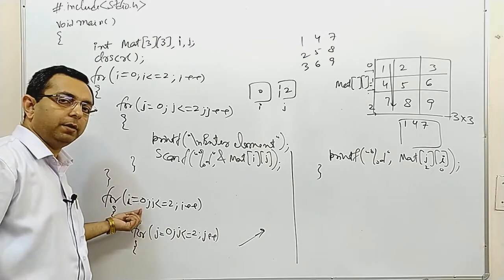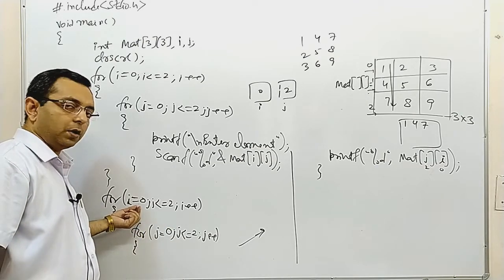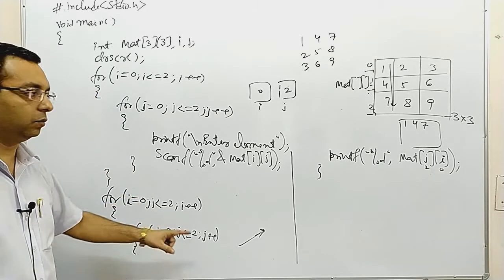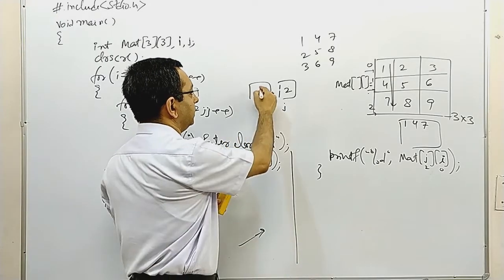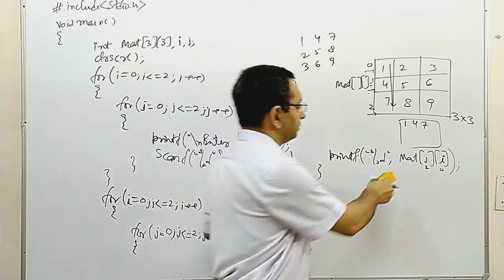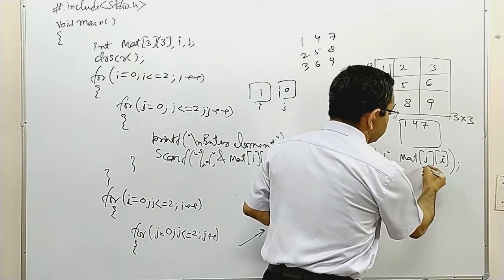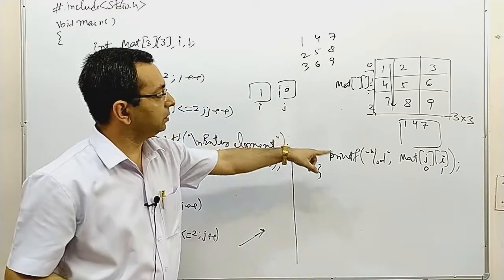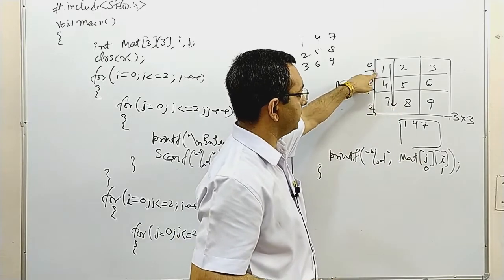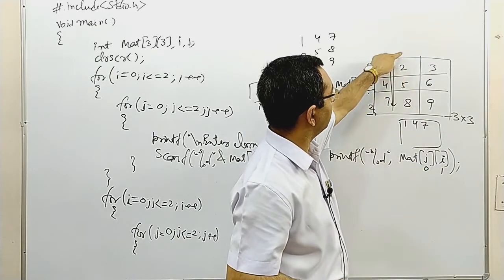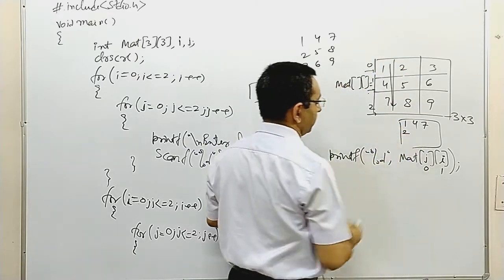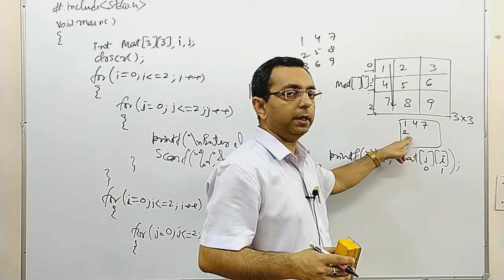So the value of i will be incremented and will now be 1. When i is 1, then j will be 0, 1 and 2. So first of all i is now 1 and j will be now 0. So what will happen now? This will be 0 and this will be 1 because j is 0 and i is 1. Row is 0 and column is 1, so 0, 1 is 2. 2 will be printed. But the point is how this 2 will be printed in the next line.